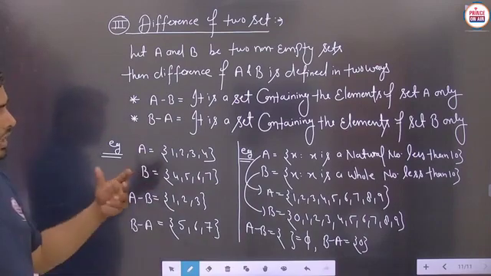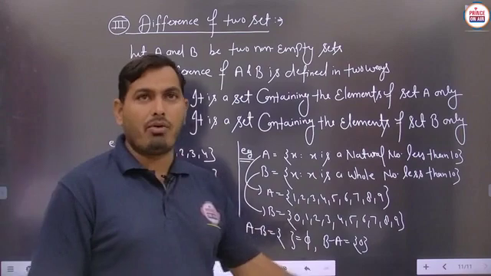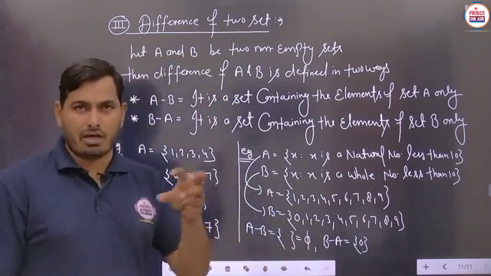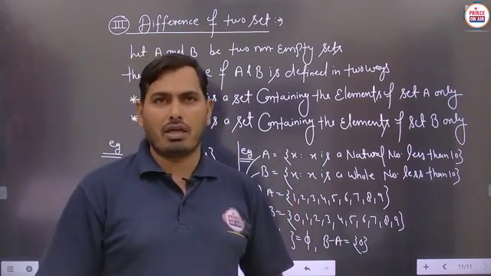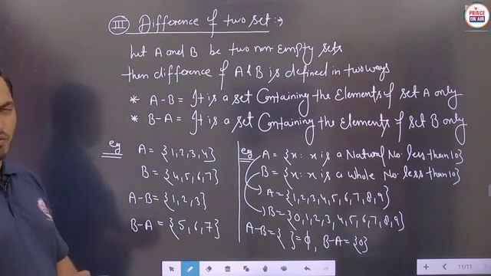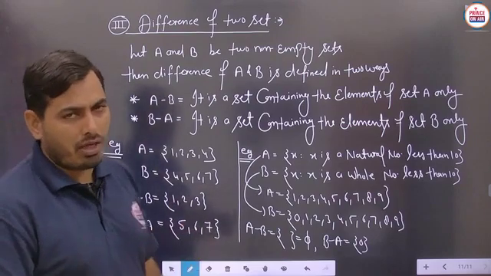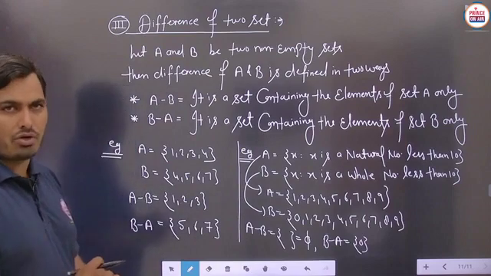Now after this part, student, we also have to see the basic Venn diagram of A minus B. That means A minus B will represent which area of the given sets, and B minus A will represent which area. Is it clear? So pause the video to note it down. After that, we will take the next and very important case related to the Venn diagram of the operation difference of two sets.